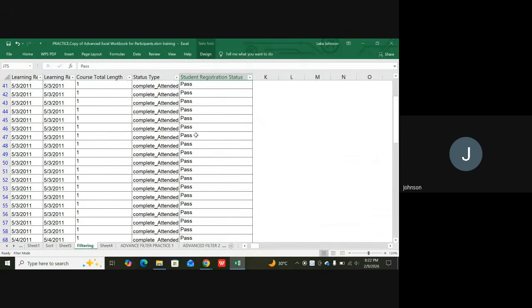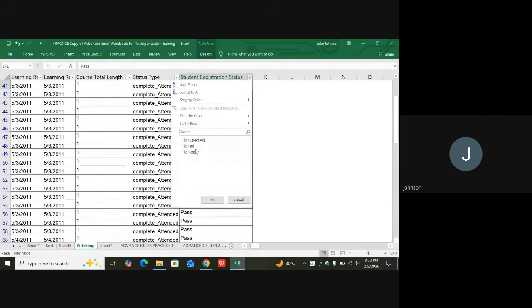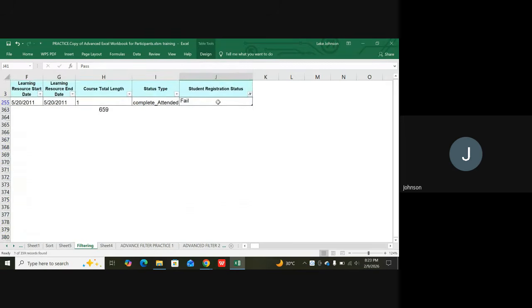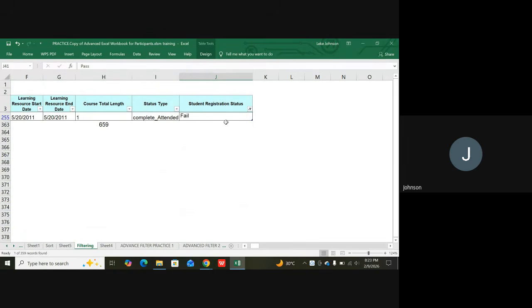Sorry, one specific item in a column. Whether you want to filter by number of people that passed, you just quickly come here, select here, and then you see that there are people that failed. There are also people that passed. So let's say we're only interested in people that failed. We unselect everything, then we only select the people that failed. We click on OK, and then we look at what happened. So now only one person failed. So this is how to